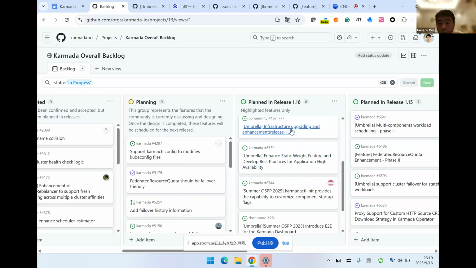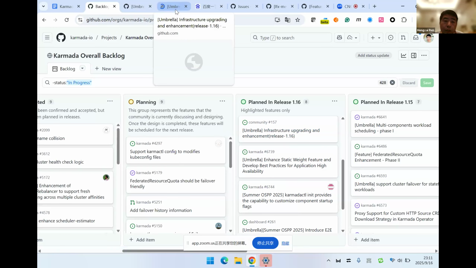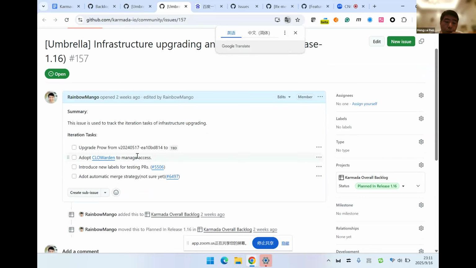Another thing is not about the feature. It's the infrastructure upgrading. You know, we are using Prow to manage our PRs and issues. So we are going to upgrade Prow, including upgrading the cluster we are hosting Prow on. And also we will adopt a new tool to manage GitHub access.